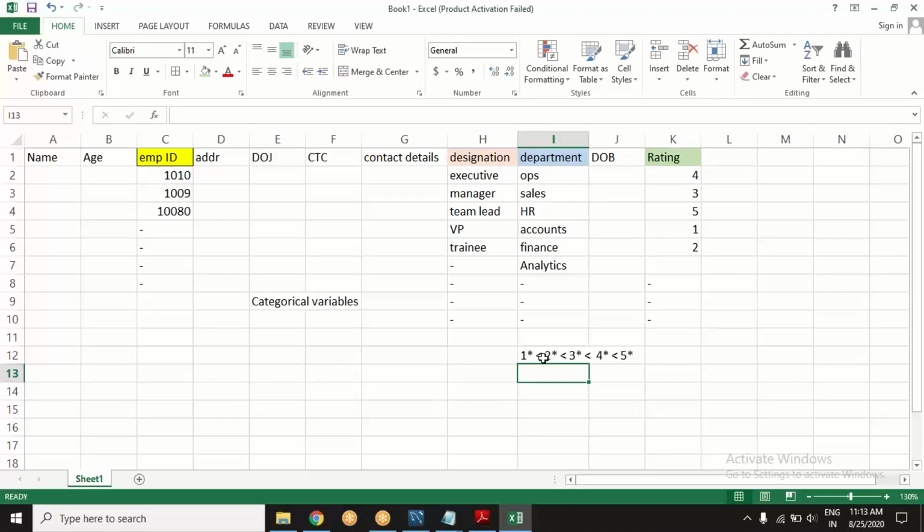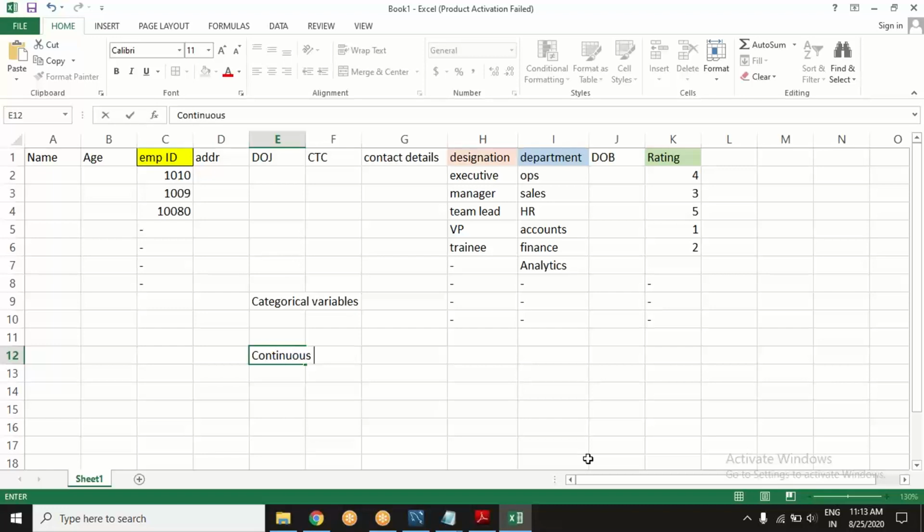Okay. I realized I had to take a step back. So these are categorical variables. Then there are what we call continuous variables. Categorical variables are those on the basis of which we can categorize this population.